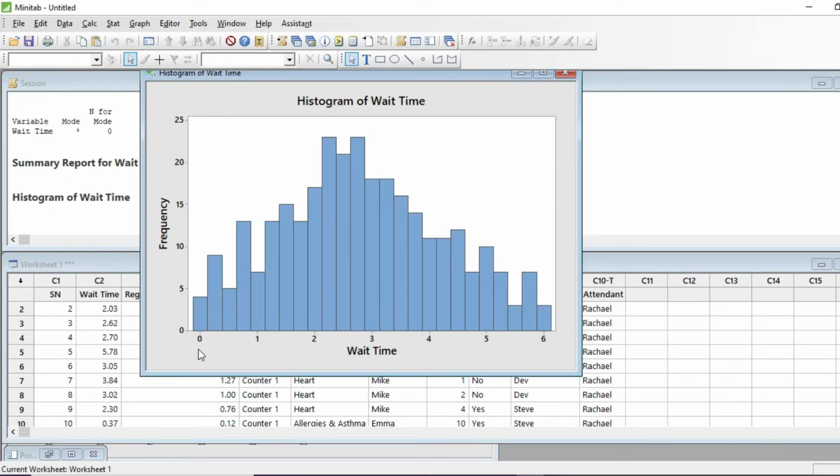What you see here is the values 0 to 6. So the wait time has been divided into different bins or buckets, and it has taken the count of cycle time which has fallen under each of those buckets, and that is represented on the y-axis in the shape of a bar chart. One of the key uses of this particular chart is it provides you the shape of the distribution.